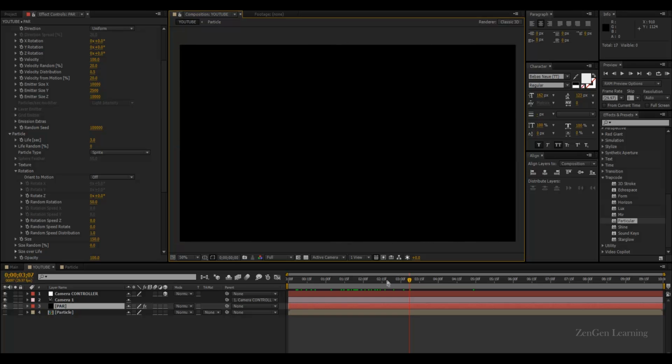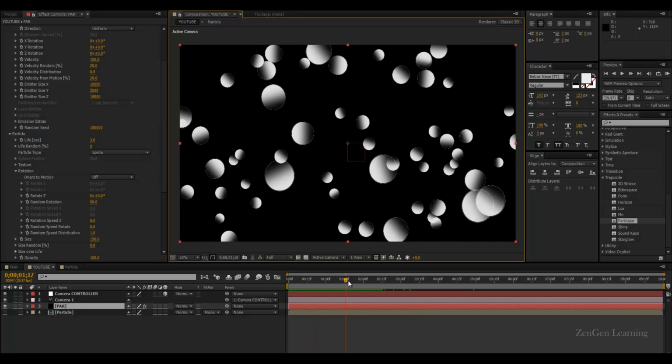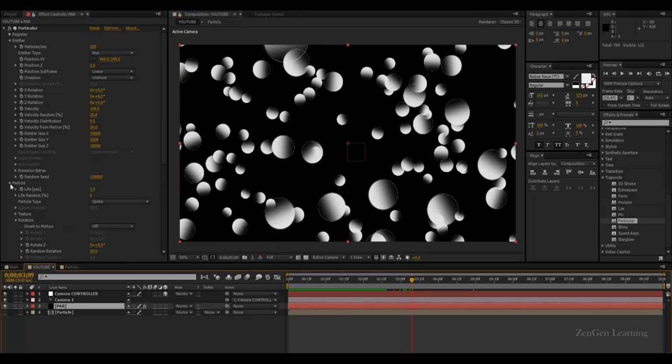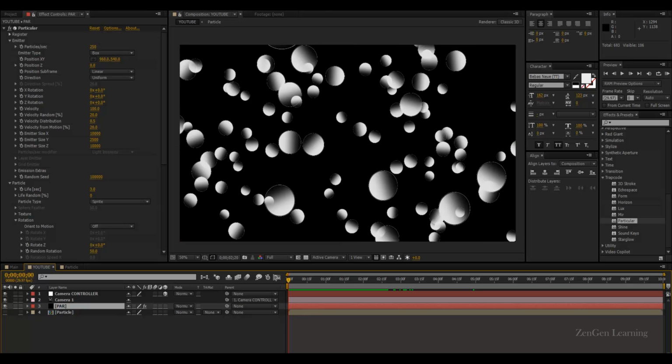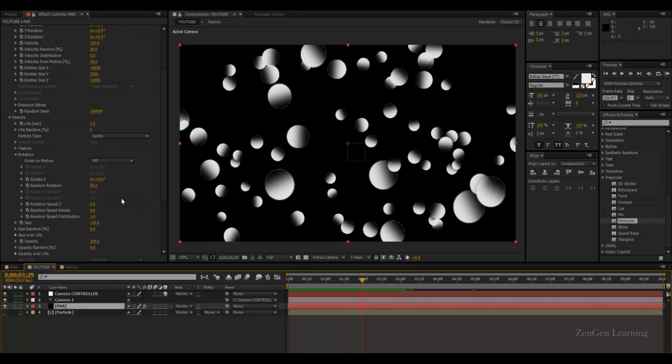Now we have that particle type done. We have created the bokeh, the color part, we'll get to that right at the end. Now comes the animation part, the actual animation. The first thing I really don't like about this, awesome people, is how these particles just pop up. I don't like that, so we'll fix that. We will go to